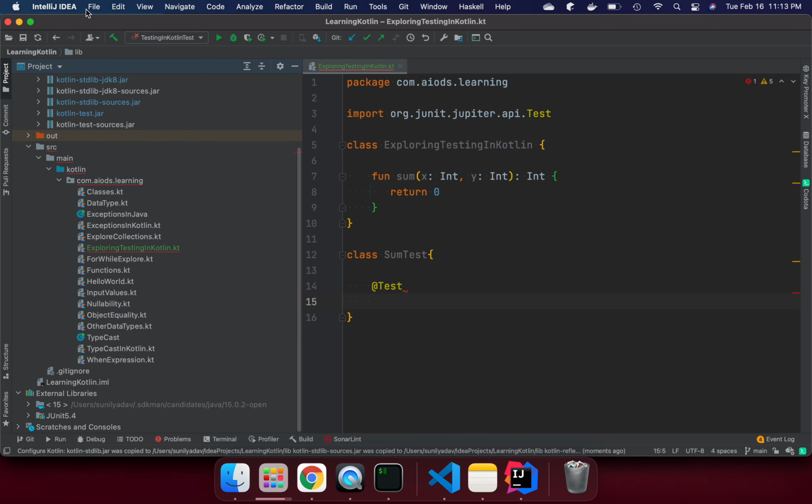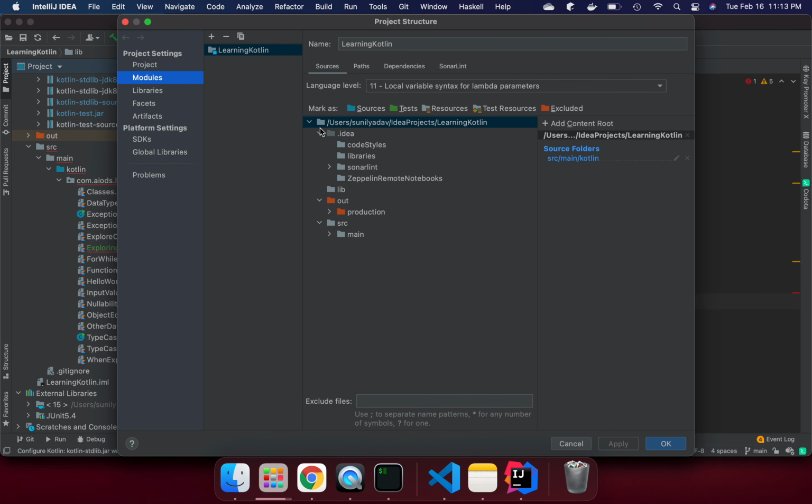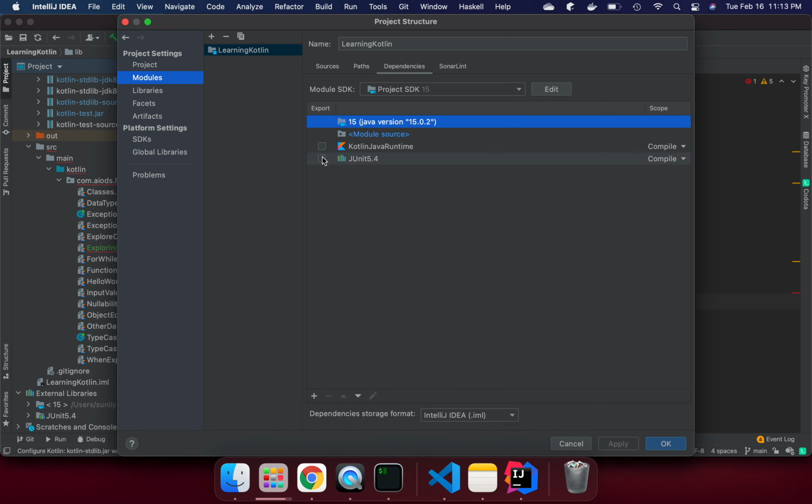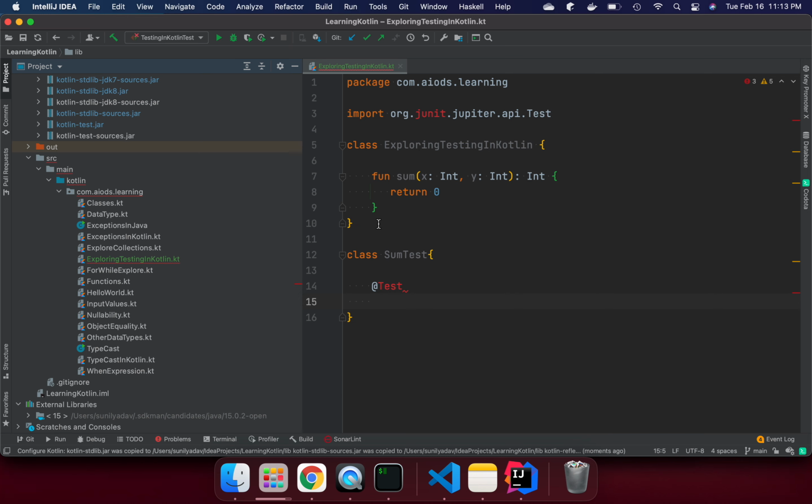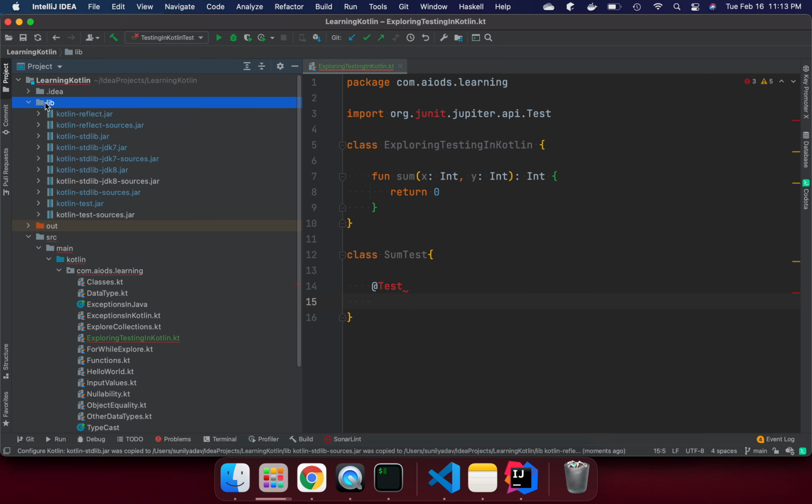So what can I do? Let me remove it first. In libraries and dependencies, here it is automatically added. So let's remove it. The JUnit library is fine, and let's remove this one as well.